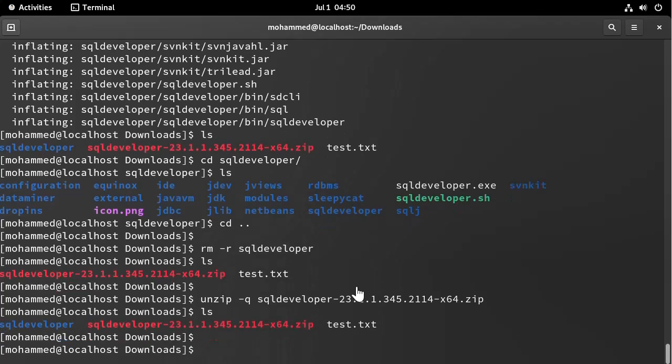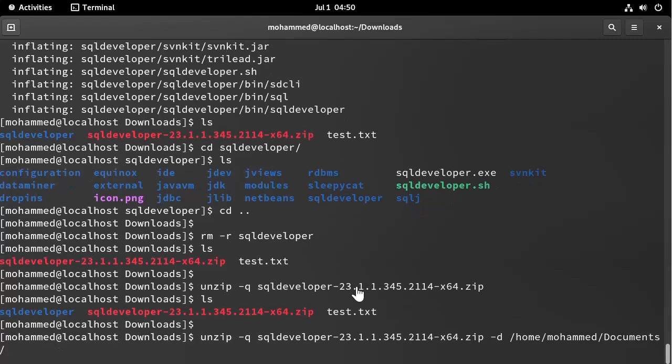Now let's say that you want to extract this to a different directory. So it's the same command, but this time I will add another parameter -d and give it another path or another folder to extract to. Let's say to my home directory, but this time to documents and not to downloads. So if I do that,